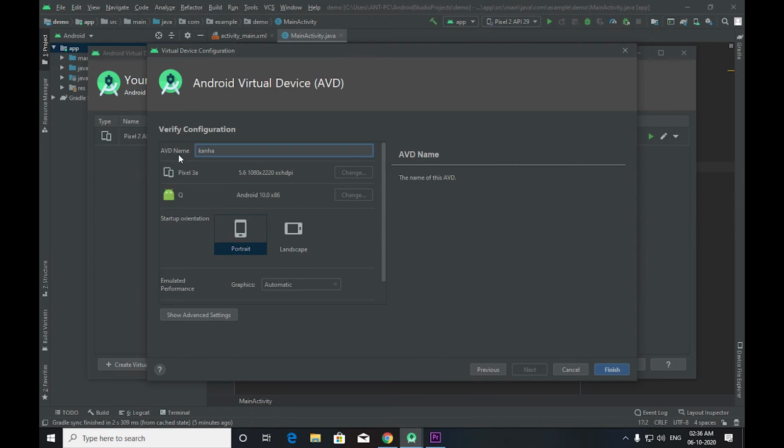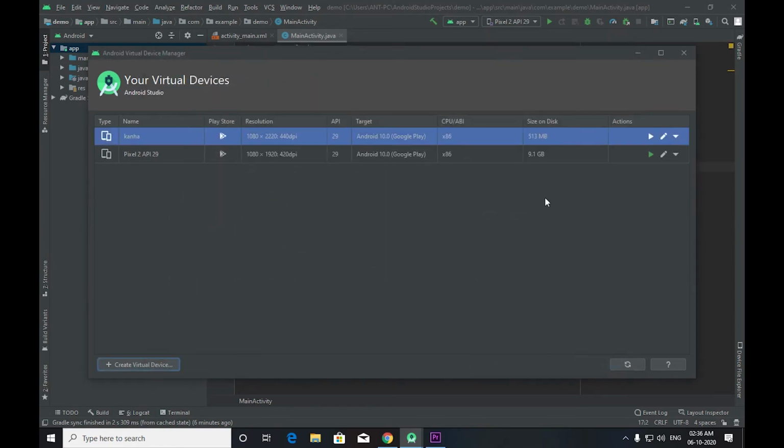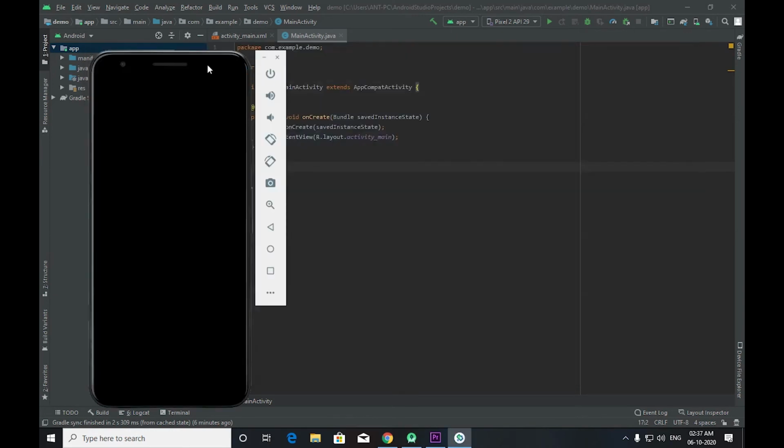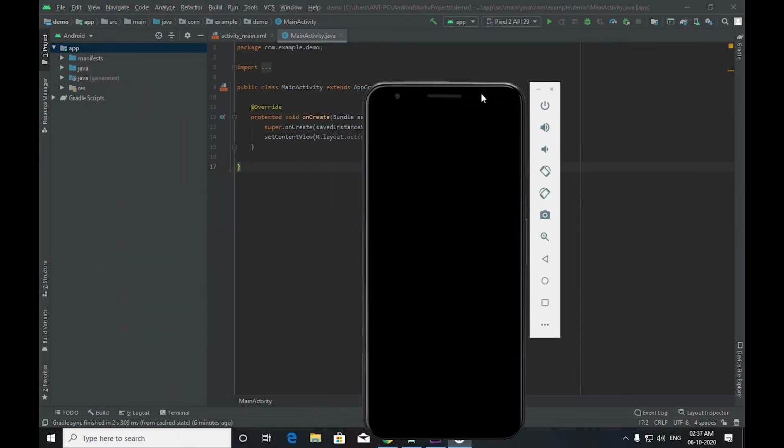Latest will be good, and you can write any emulator name if you want. I will just write my name. Like I said before, you can also connect your mobile, and you just need to turn on debugging if you want to use your mobile as the emulator.